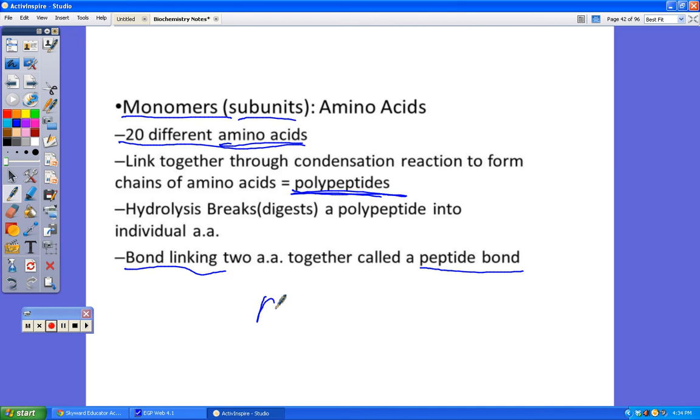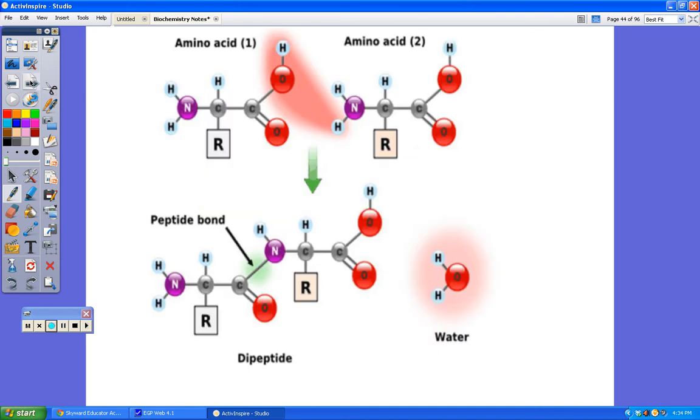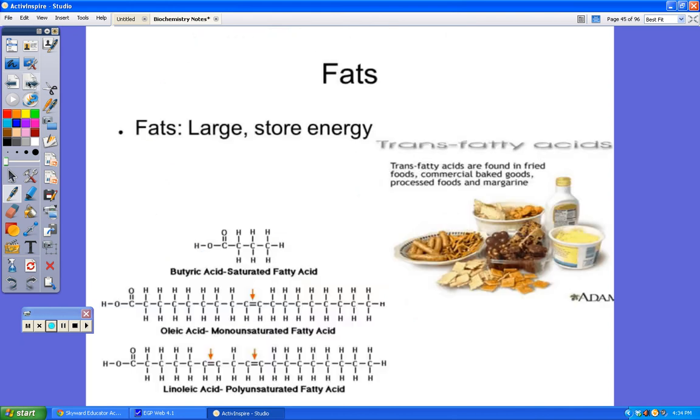So you might have an amino acid here, and then you have a bond to another amino acid. This is called a peptide bond. So here's a single amino acid. So here's an amino acid, here's an amino acid, and when they react to form, they make this little peptide bond here. Then you would have another chain where there might be another peptide bond up here, and that just continues to go on and on and on until you have your protein structure.